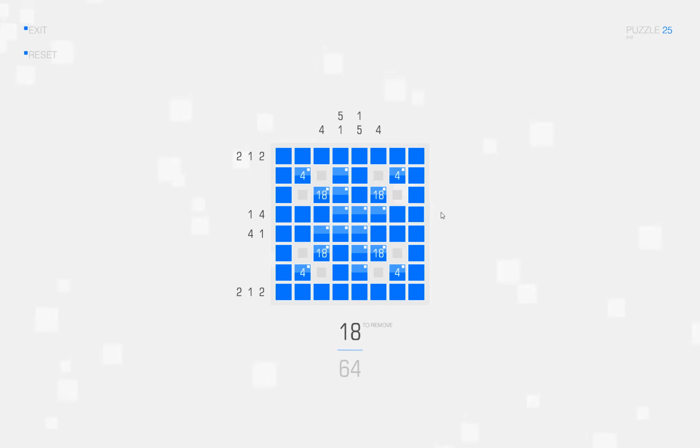So looking at this row, we have 3 now, so the 4th has to go there or there, so it cannot go there. The other way around here, we have 3, the 4th has to go there or there, so it cannot go there.